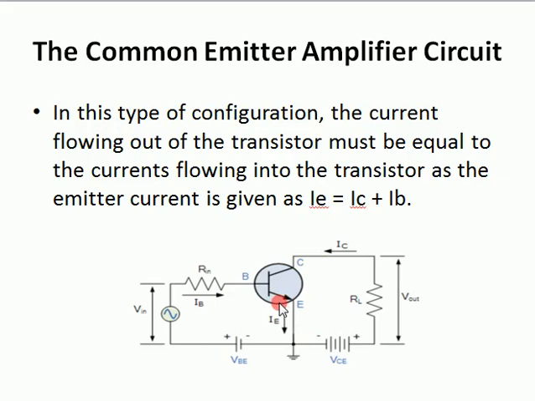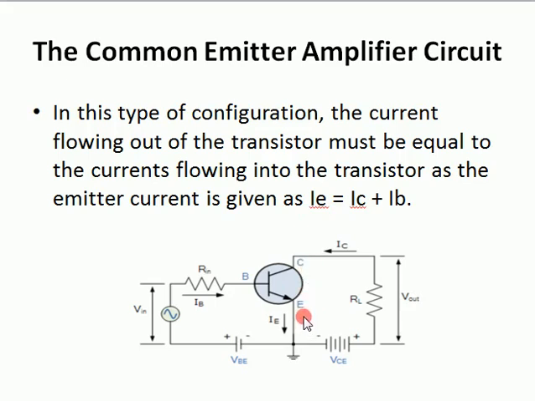And here we are using the NPN transistor as current is flowing towards the emitter terminal. So this is the NPN transistor. Here you see the input junction, that is the base-emitter junction, that is forward biased, because the emitter is negative and the base is positive, so it is forward biased. And the output side is between the emitter and the collector.